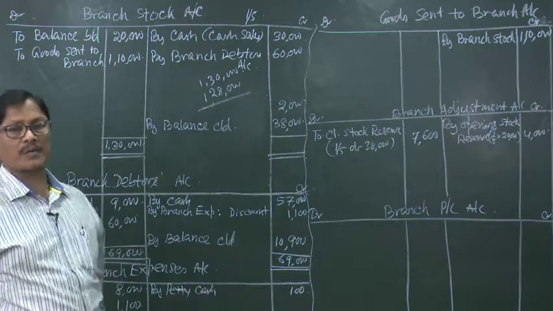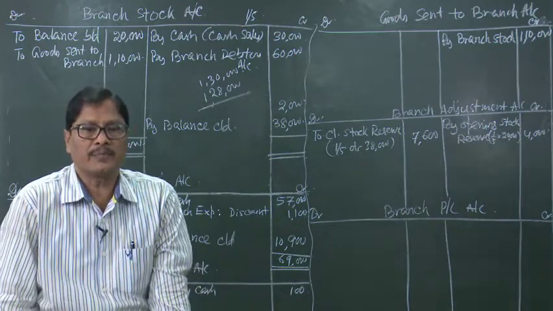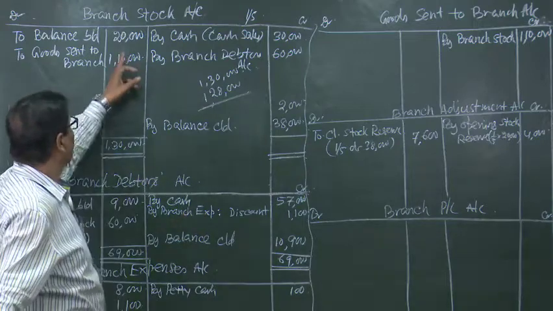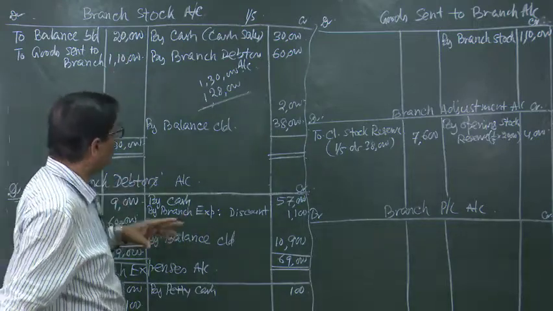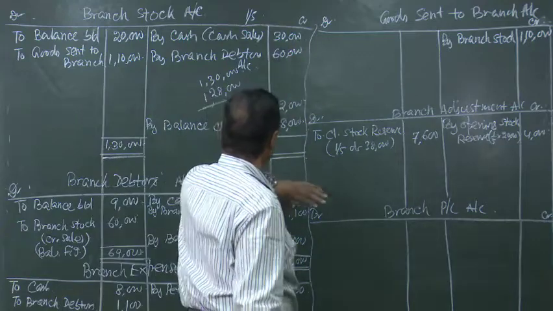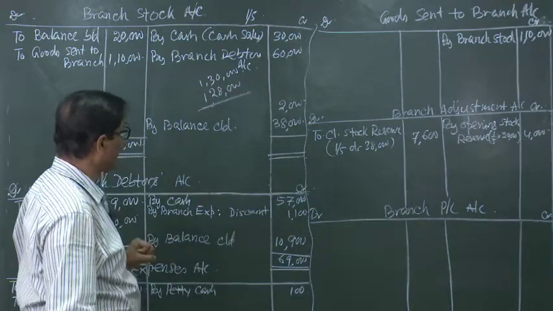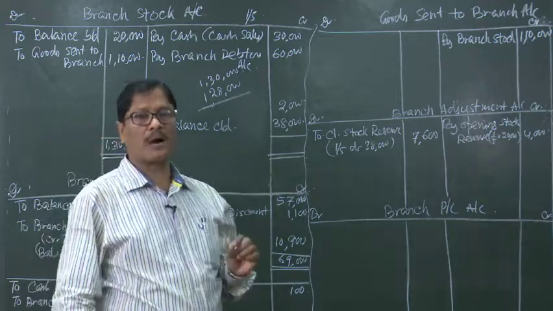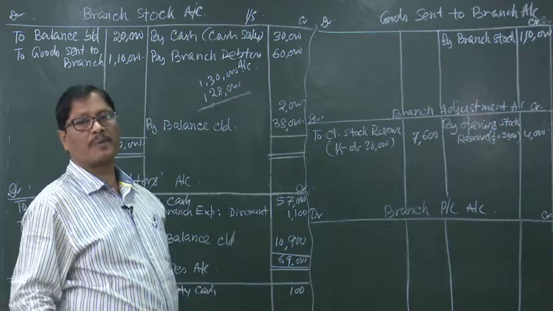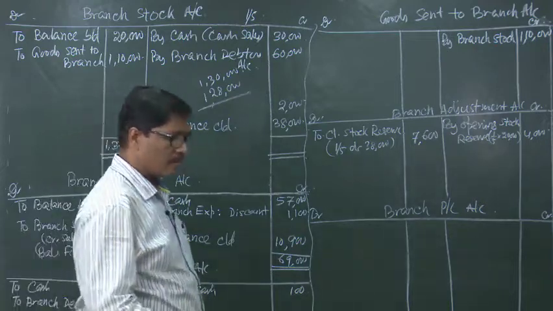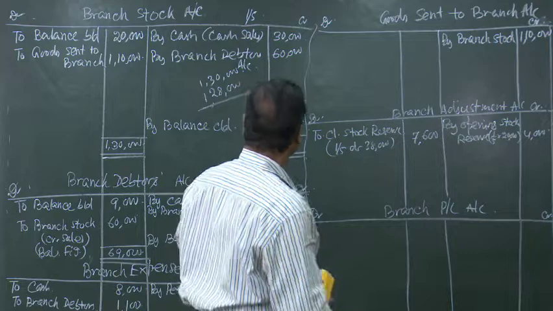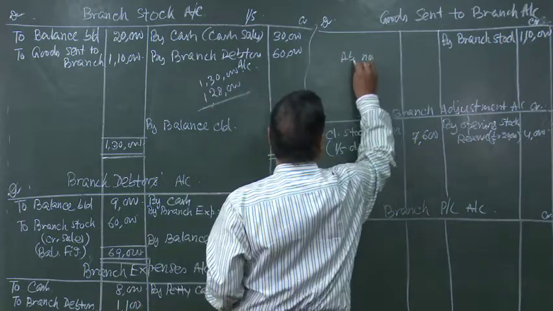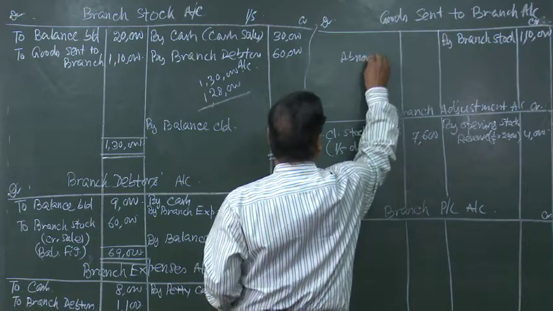And what is that 2,000? That 2,000 is nothing but abnormal loss, because we have received 20 plus 1,10,000, that is 1,30,000. We have sold 60 plus 30, 90. So, there should be 40,000, but closing stock is only 38,000. That means 2,000 rupees is the abnormal loss. What is the treatment for abnormal loss? Abnormal loss amount will have to be divided into